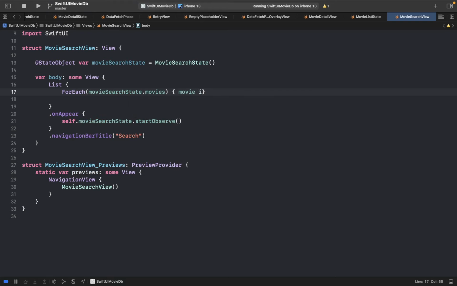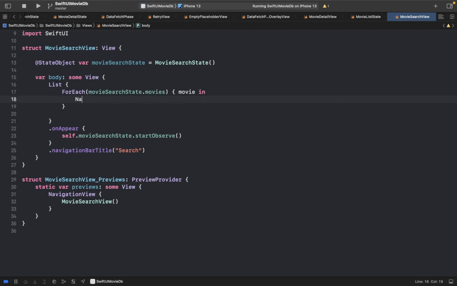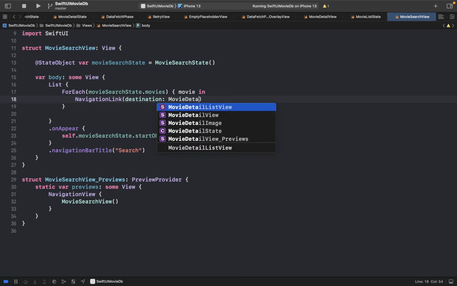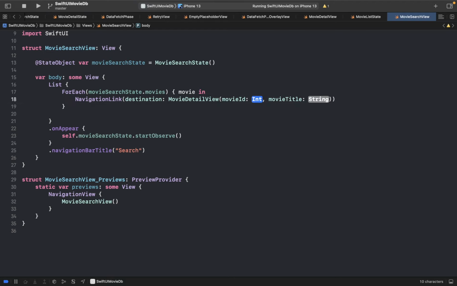In the view provider, let's name the parameter as movie, then the current navigation link. For the destination, it will be movie detail view. You can pass movie.id, movie.title, and